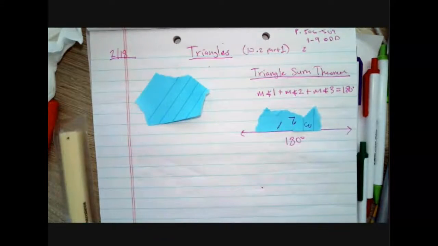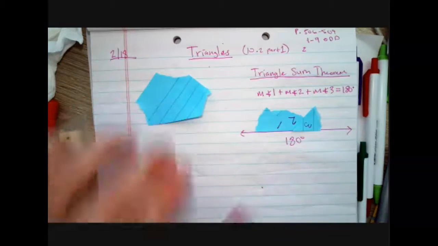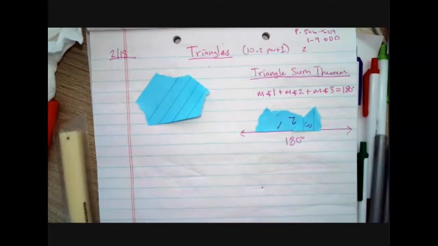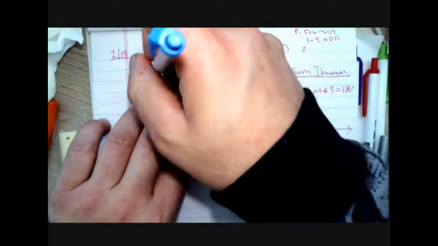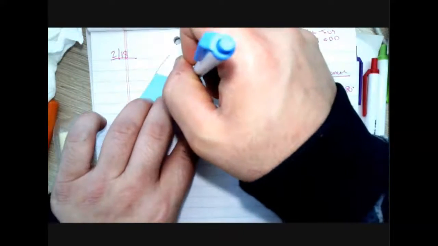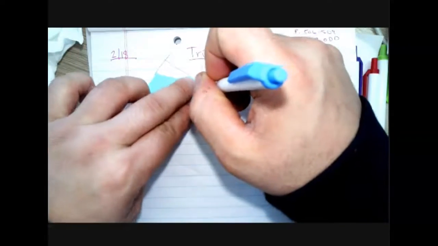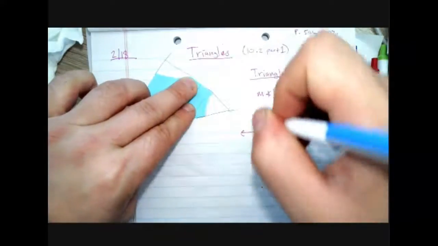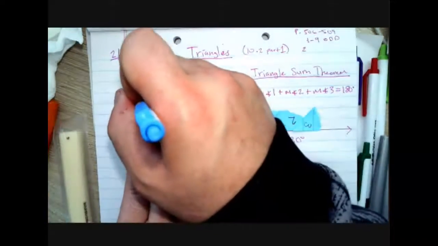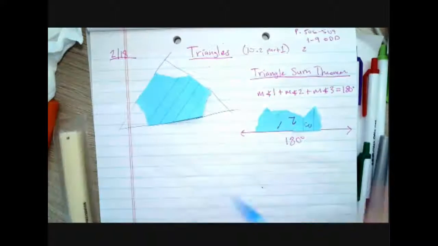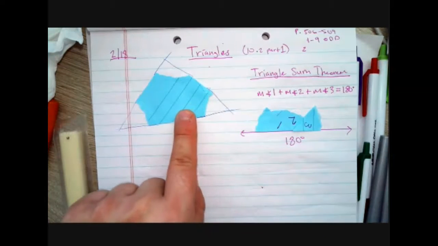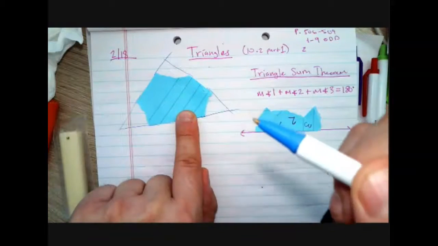Anyhow, I do hope that you can see that by taking the three angles, I can actually reconstruct this a little bit. This was a triangle, right? It had these angles. Sorry, this reconstruction is not good, but either way, it was a triangle, right? And I tore off the angles, right? I tore off angles